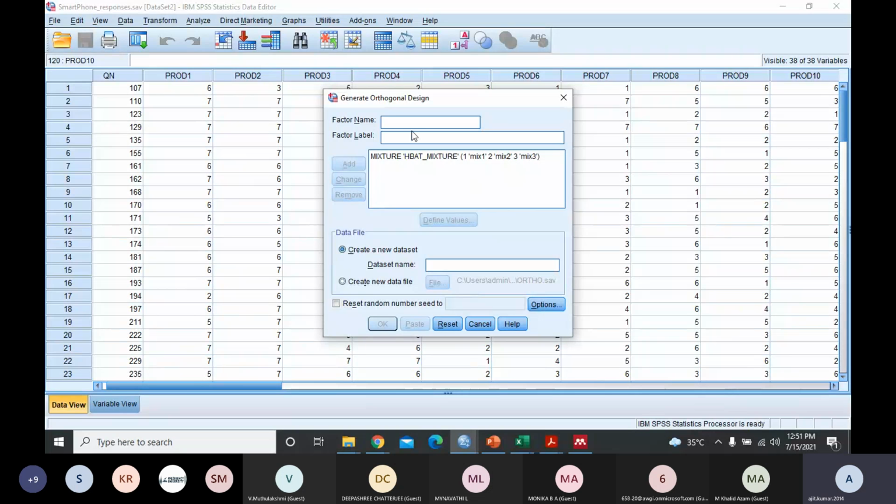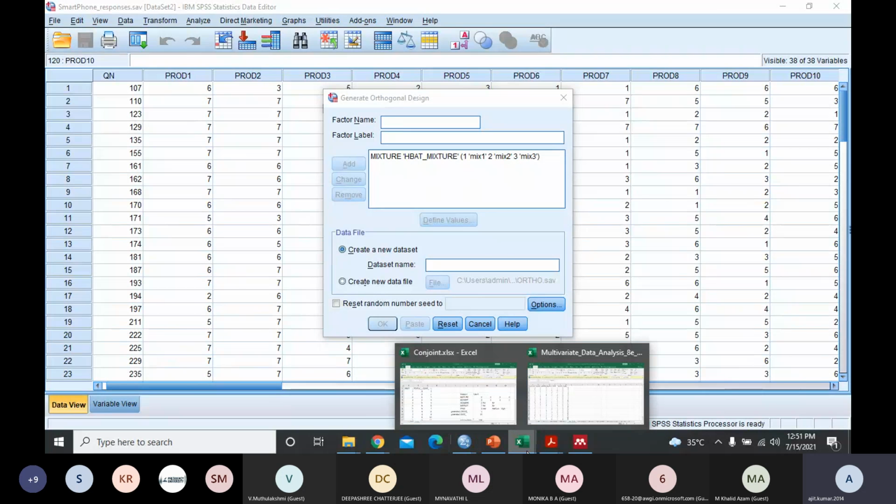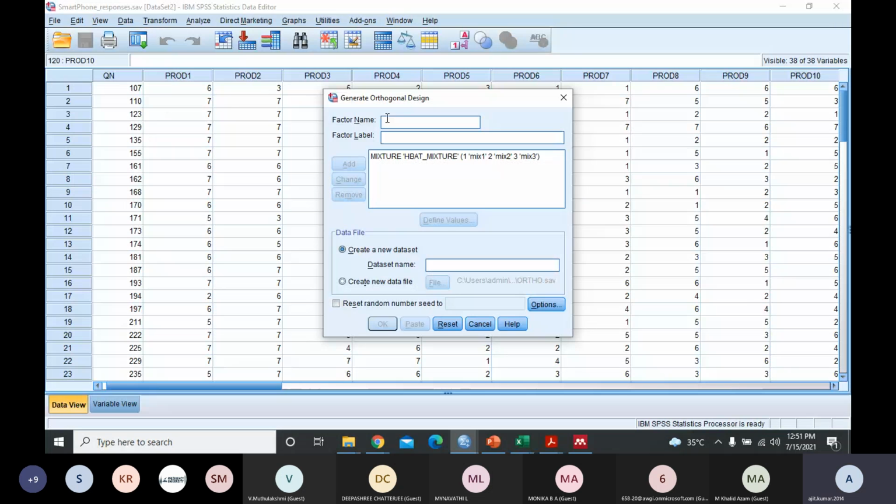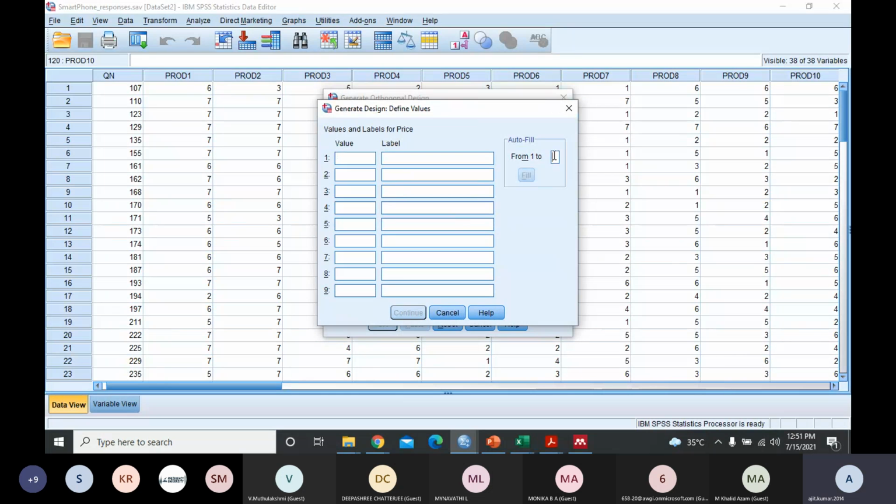Likewise, you need to enter the factor name, factor levels, and the values for each of these different factors. Now let me put price first. Price has 3 levels: low, medium, high. So if I write here price, and I give more information, maybe price hbat, add, and then define values. How many values are there? There are 3 values.